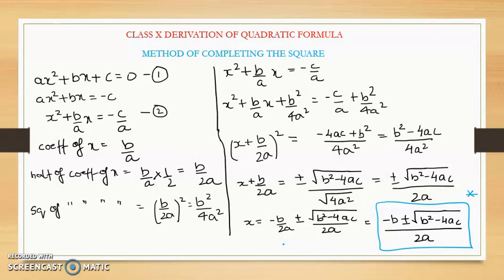Are you following? Okay, minus b plus minus under root of b square minus 4ac upon 2a. Now I will start with your questions. So this is for your explanation. I am repeating again: derivation is not in the syllabus. The method of completing the square is not in your syllabus. For your knowledge, I have explained it to you. So if you understand, well and good.